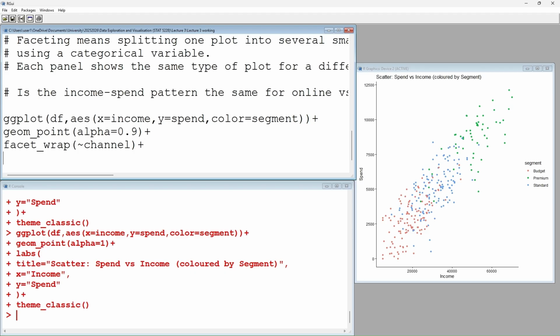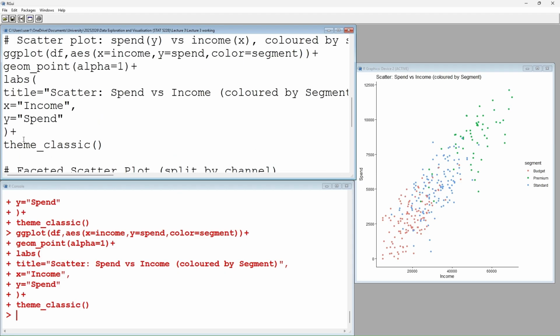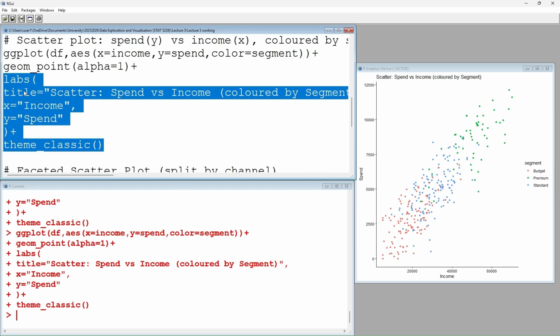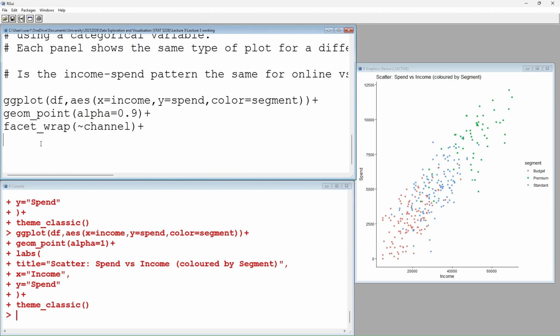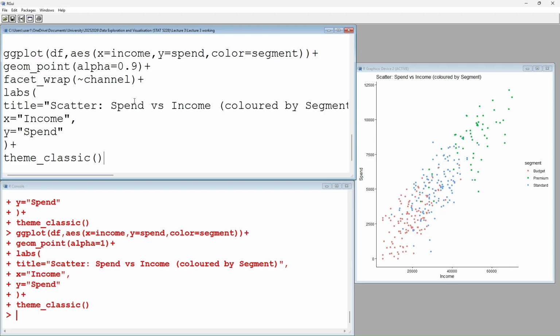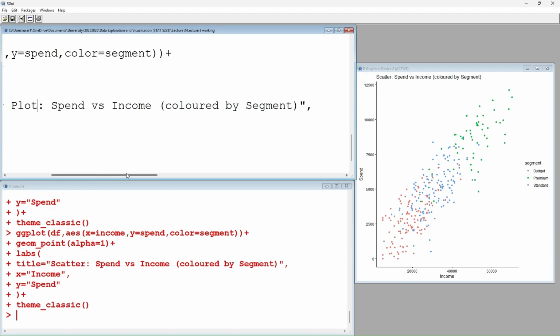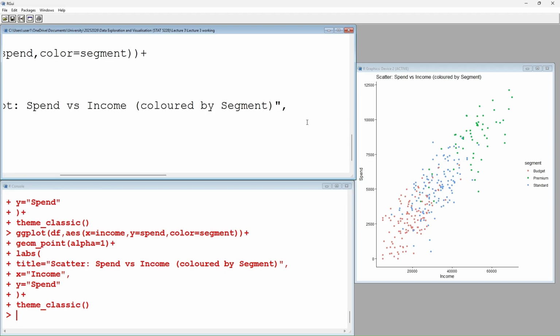So let's move on. We have now to add the labels. What I will just do is bring all these together because these are going to be similar. And the labels here, I'm not going to use the same label, but I will call it faceted scatter plot, colored by segment. Oh, maybe I will remove that. I will put it now,